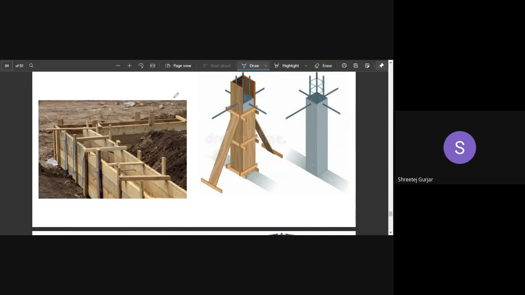Okay, so this is an example of wooden formwork which we were discussing. Here, I have told you these horizontal members, which are called panels or boards, are held together by these battens. And this is your support, which is your strut. You can see this is one panel of your formwork, running continuous. This is a single panel.